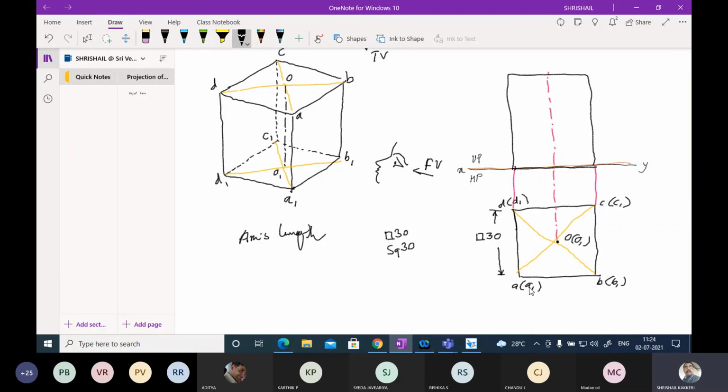A will be here. Please carefully look, A will be here, and the bottom side A1 will be there. And to the back of this, you can see that this is A and this is A1 that I have written. And to the rear of this, we have D and D1. So just rear to this, D and D1.